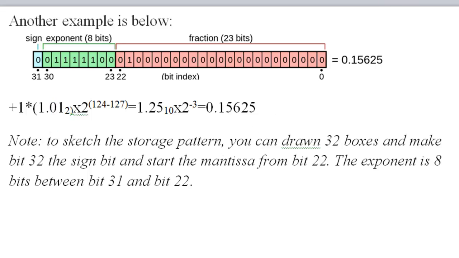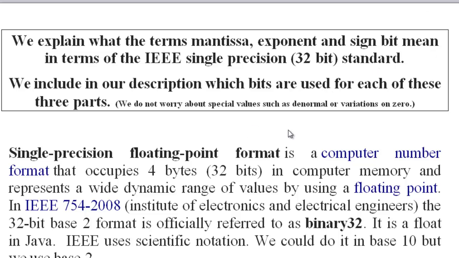So let's go back to the beginning. What was the question that we were trying to discuss? A question about the terms mantissa, exponent and sign bit, and what they mean in terms of the IEEE single precision 32-bit standard. What are the bits doing in the 3 parts? What we found was that there's an implied part that's missing there, which is the times, but that what the sign bit is doing is saying